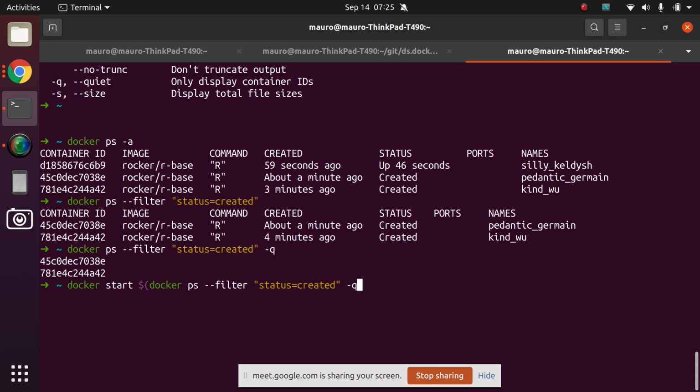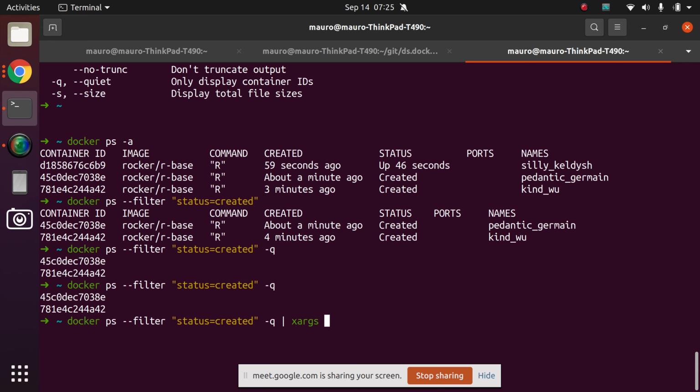But honestly, I prefer a different syntax because I find it easier to build commands incrementally. So first I type docker ps, then I press the up arrow key to recover the last command that I typed, and then I extend that command with --filter status=created -q. So what I like to do instead, to iterate over each of those IDs, is to just extend this command with a pipe into a command called xargs,